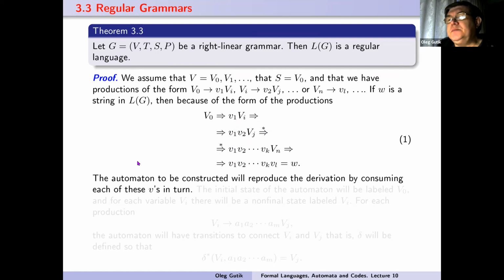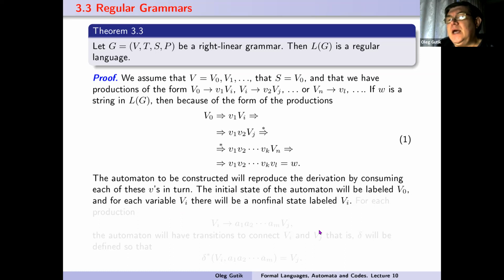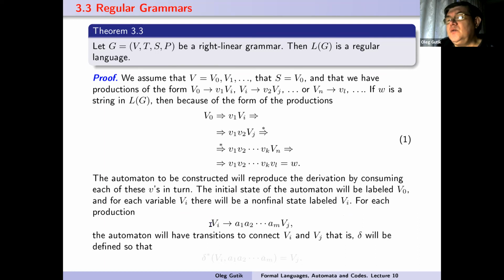The automaton to be constructed will reproduce the derivation by consuming each of these v's in turn. The initial state of the automaton will be labeled V0. And for each variable, we will have a non-final state labeled by V_i. For each production V_i into a1, a2, so on, am, V_j,